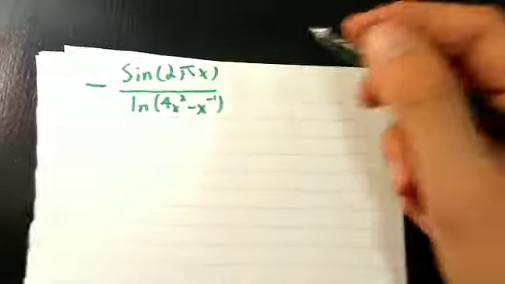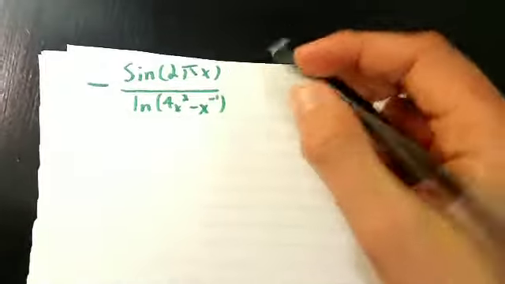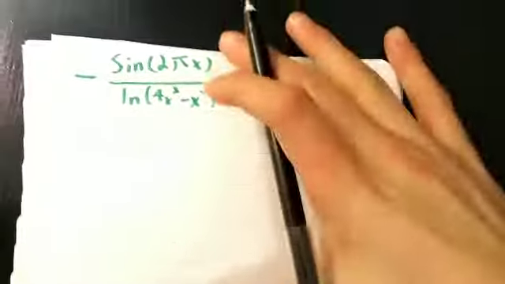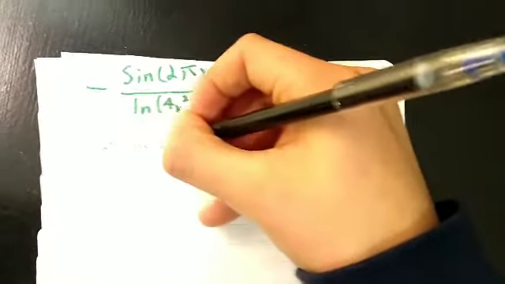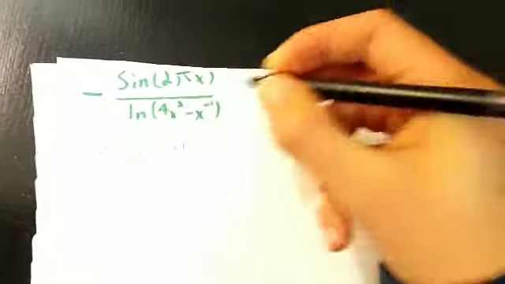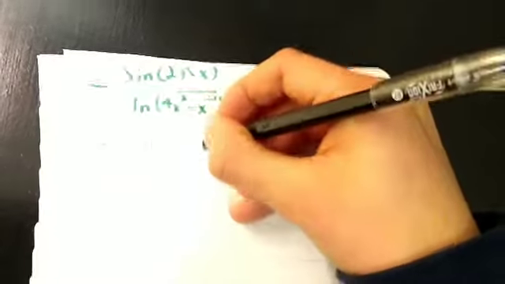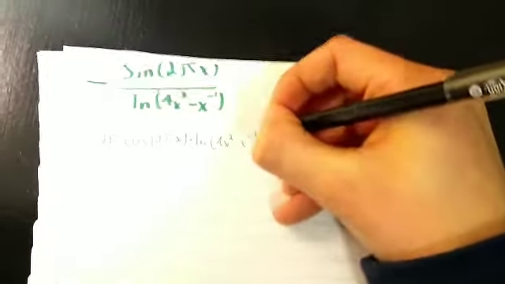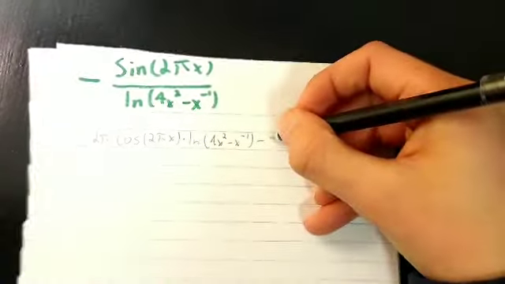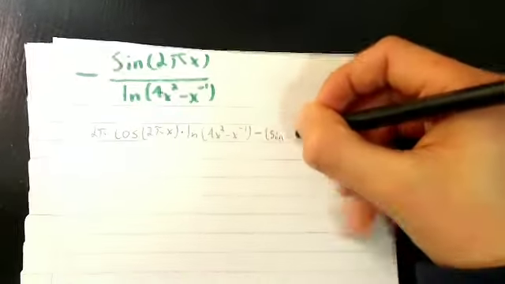We have this here, quotient rule. So we'll need f prime times g minus f times g prime all over g squared. So sine of 2 pi x, we have 2 pi cosine of 2 pi x times the natural log of 4x squared minus x to the negative first, minus sine of 2 pi x